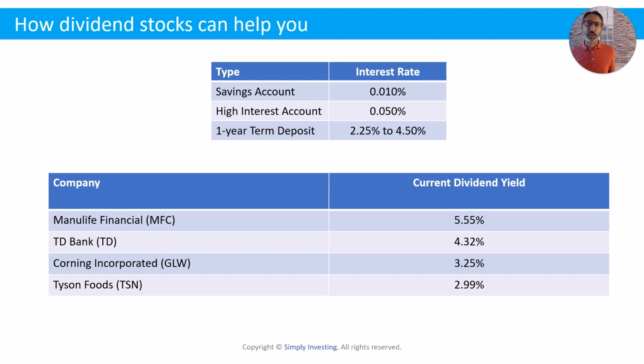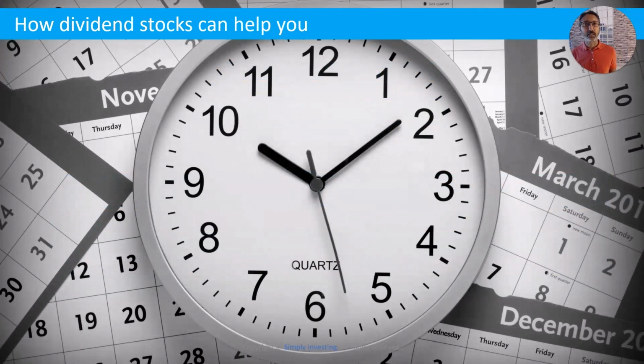So here's the thing when it comes to dividend investing. You need to give it time. It takes time for the dividend increases to come in. And I'm going to show you some companies that are giving you very high dividend increases. It takes time, but over months and years, you will start to earn more than the current inflation of 7%, and you will be able to beat inflation.